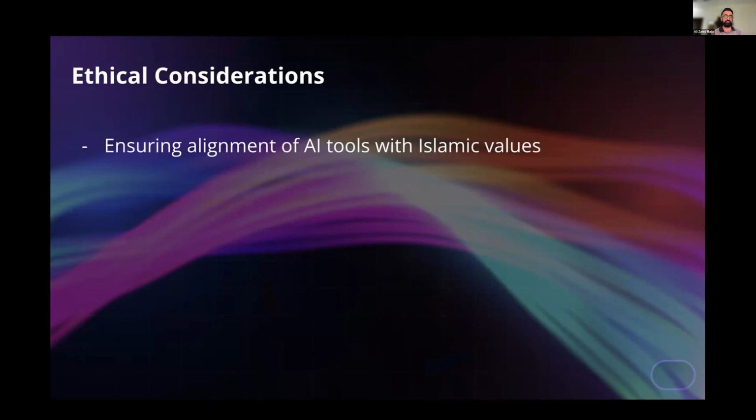That was just an overview. I'll go through some of the codes and some of the data sets along the presentation. So just to go over some ethical considerations, with everyone did, but from my side, it's ensuring AI tools are